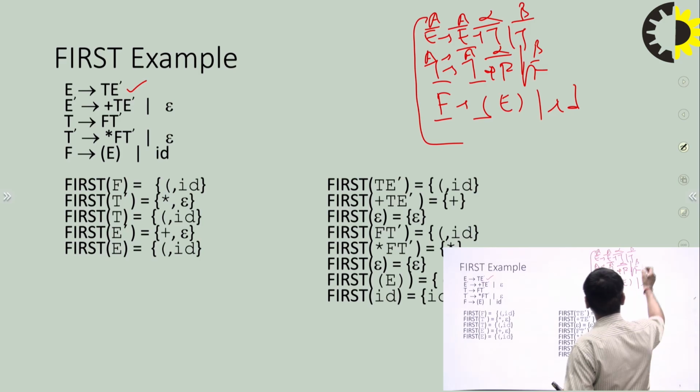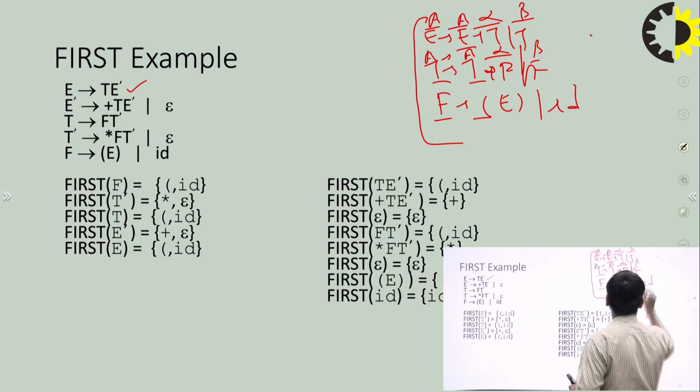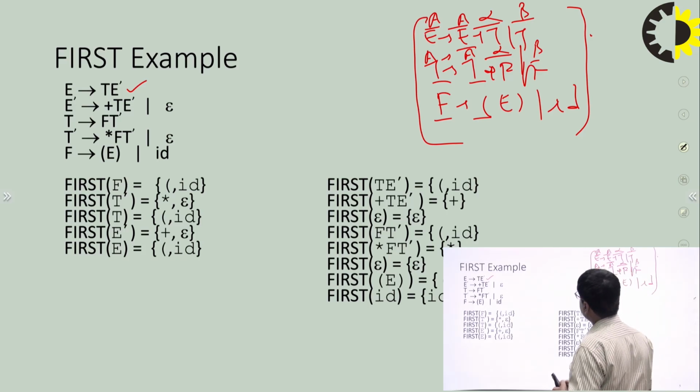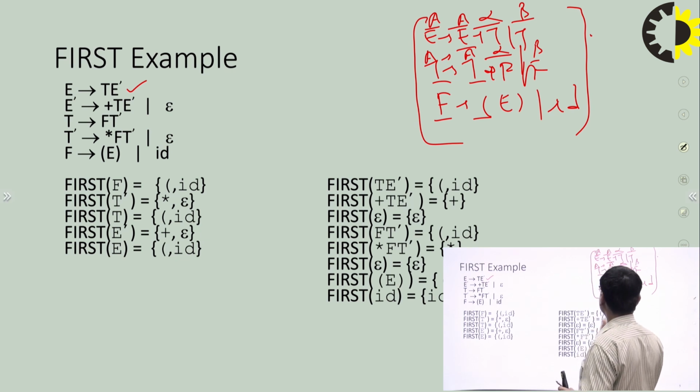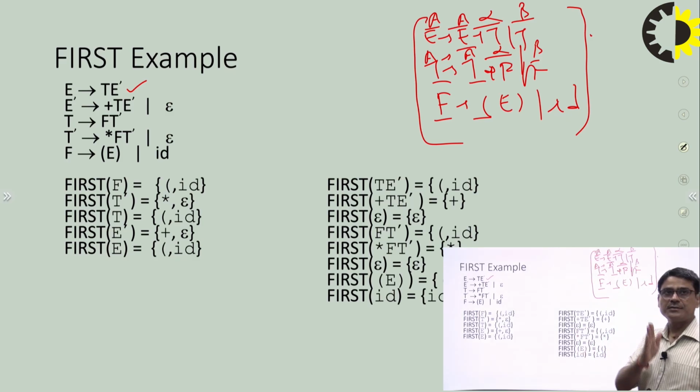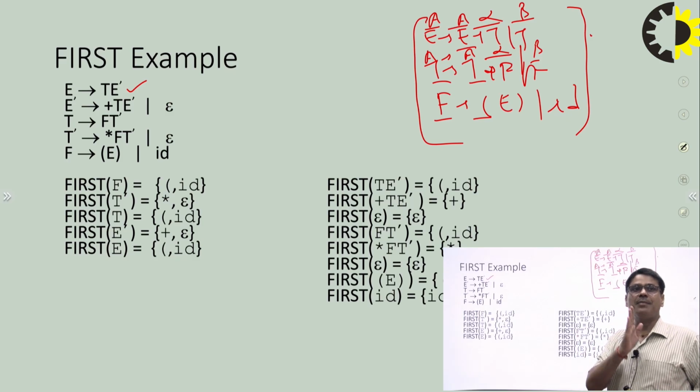Suppose you are not converting this grammar and not removing this left recursion, definitely you will find that this grammar is not suitable for an LL1 parser. So that is the thumb rule. Whenever you are going to apply a top-down parser, firstly you have to check the grammar for left recursion and backtracking. And if it is there, then you have to eliminate both. Then whatever grammar you generate after removing these, that grammar is suitable for a top-down parser.